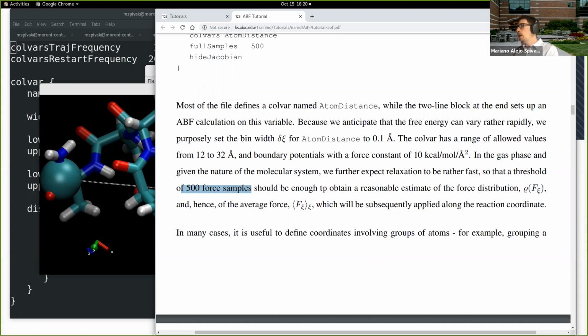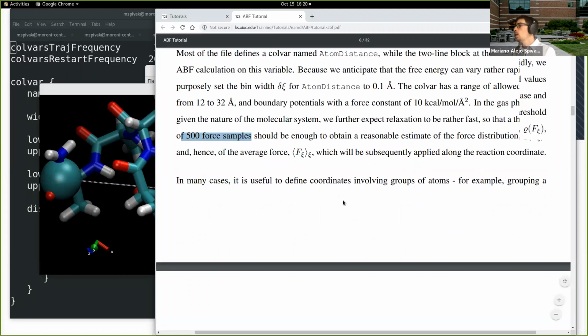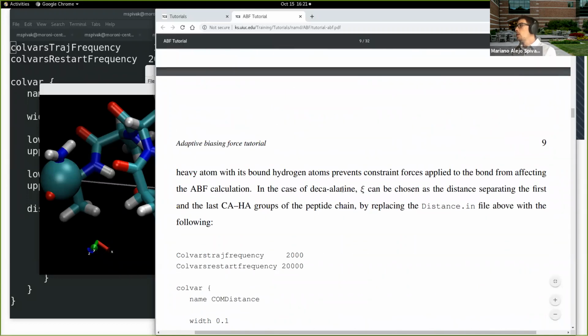But if you compare ABF with SMD, ABF is more flexible in a sense. And that gives you smaller forces and usually better convergence than SMD, usually. Okay, so